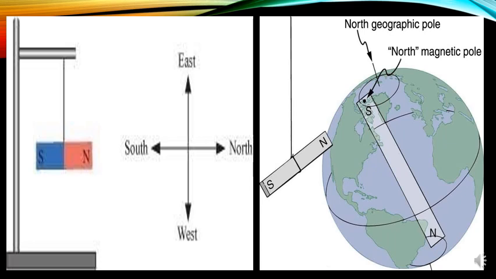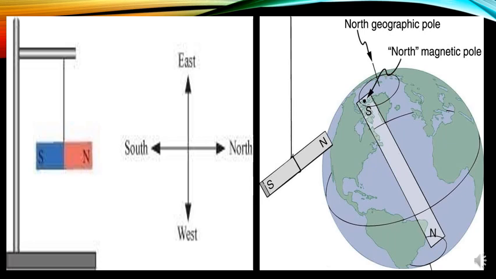The positions of the earth's magnetic poles are not well defined on the globe. They are spread over an area. The axis of the earth's magnet and the geographical axis do not coincide with each other. The axis of the earth's magnetic field is inclined at an angle of about 15 degrees with the geographical axis. Due to this, a freely suspended magnet makes an angle of about 15 degrees with the geographical axis and points only approximately in the north-south direction.